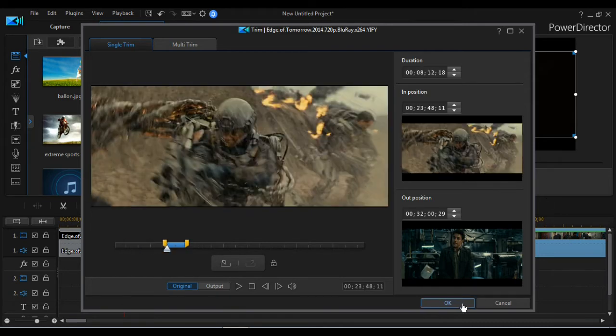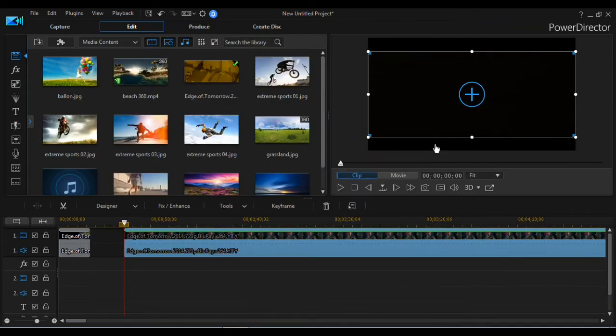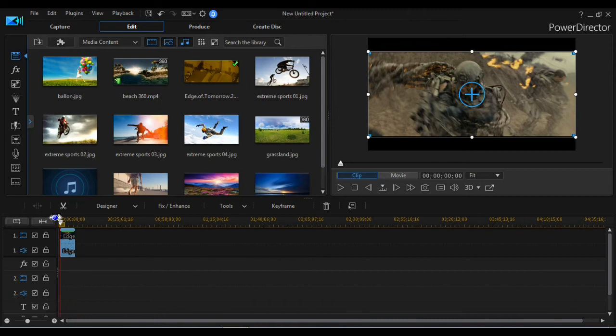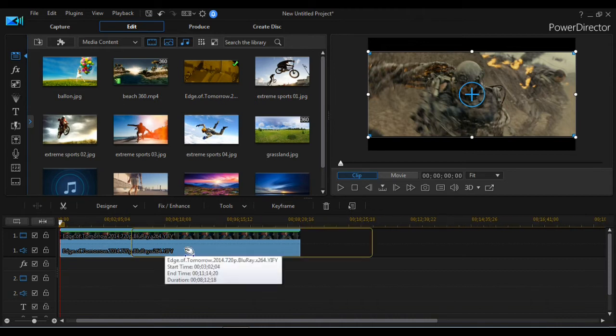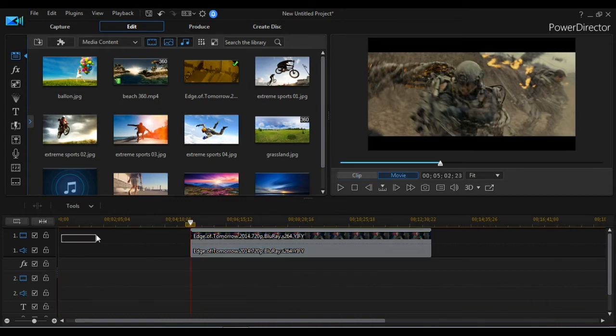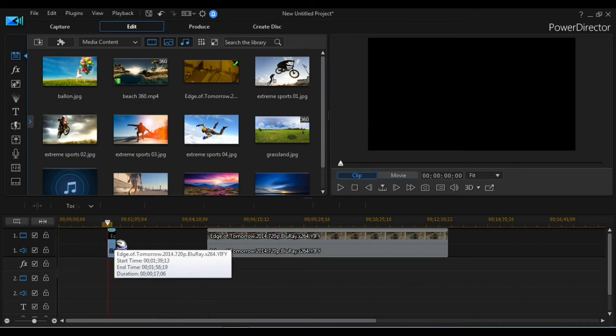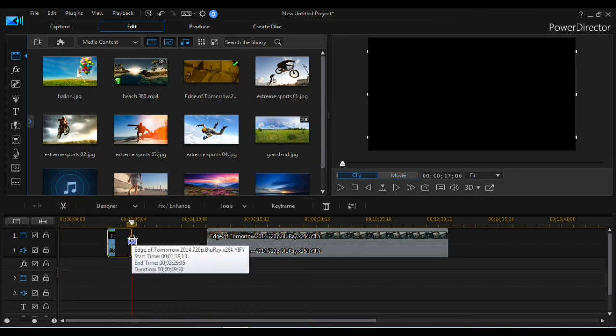And if you give OK, done, it's completely trimmed. You can see I completely trimmed it. So this is how you trim the videos.